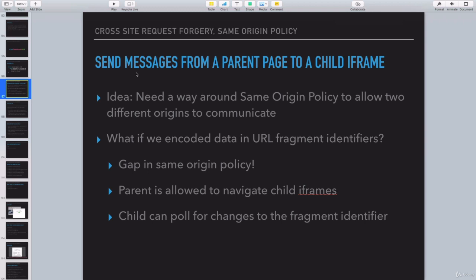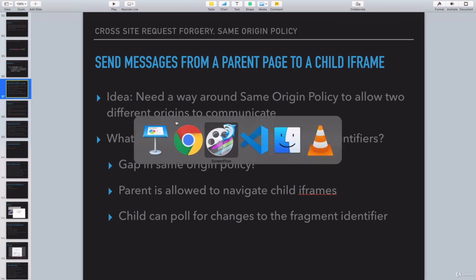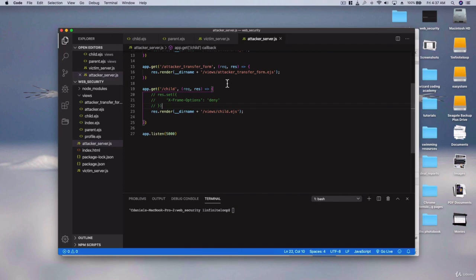So first, we're going to talk about how we're going to execute this attack. What are the vulnerabilities in this, and then we're going to go ahead and talk about some of the defenses for this. The way the attack was executed is actually very simple. Okay, so I'm just going to show you the child